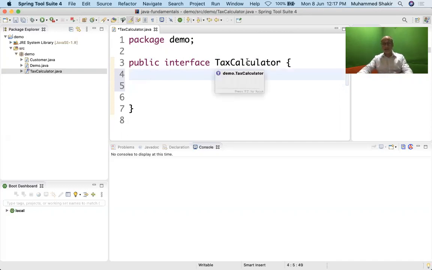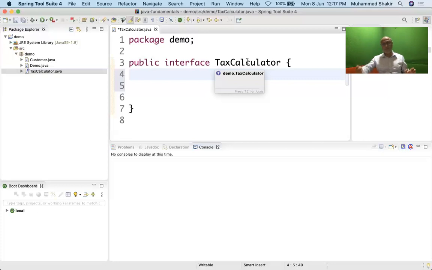This is not concrete. See, these are the two terms you will come across a lot in your programming career. Abstract and concrete. What is abstract? Something that cannot be instantiated. You cannot create an object of an abstract class or an abstract interface. And concrete is something, yes, you can create an object of it. Yes, you can create an instance of it. Object and instance are almost one and the same thing. There is a subtle difference which we will discuss later if time permits, but otherwise you've got interfaces, which is abstract, just the declaration. And then you have got classes that actually provide the behavior also, and it can be instantiated as well, right?